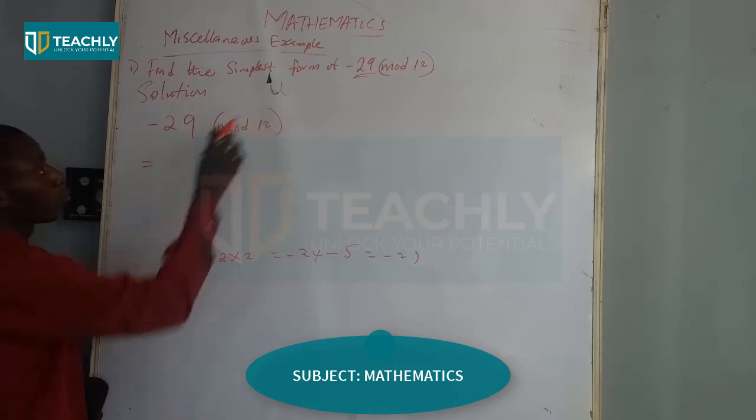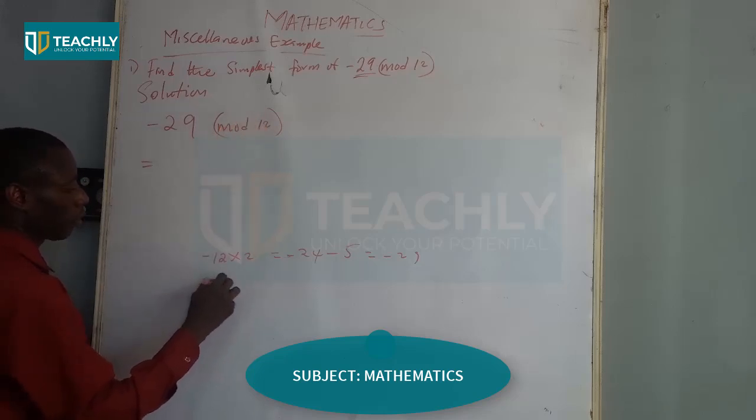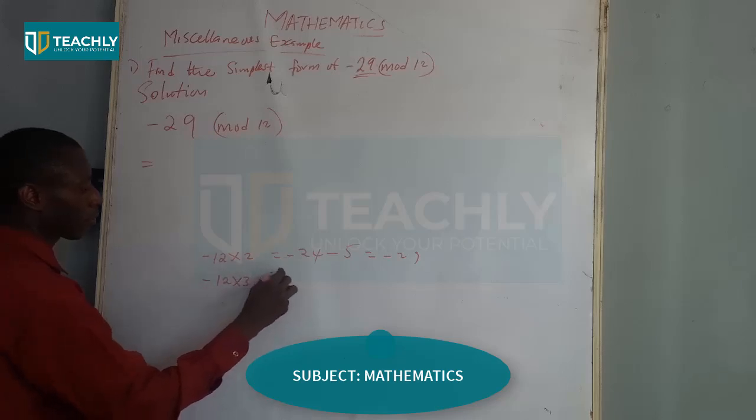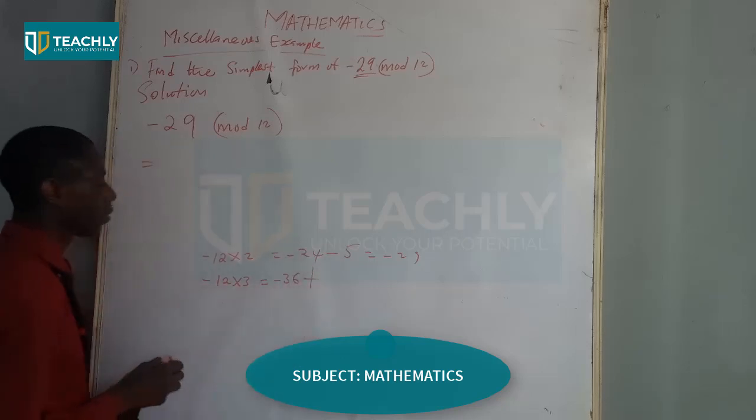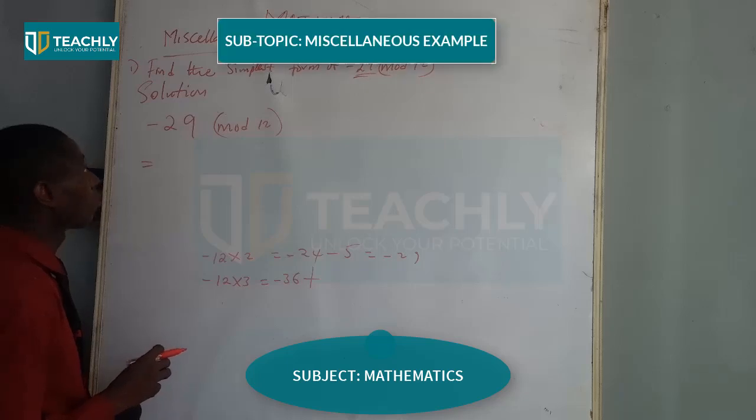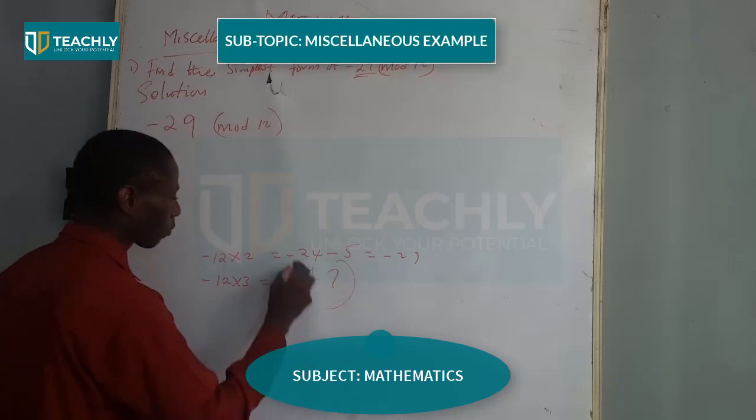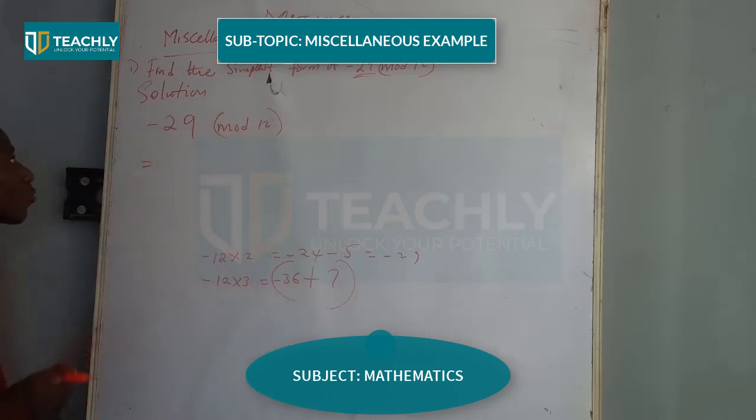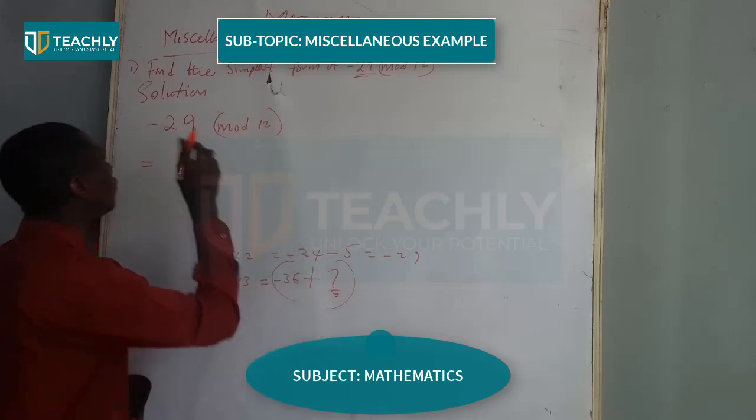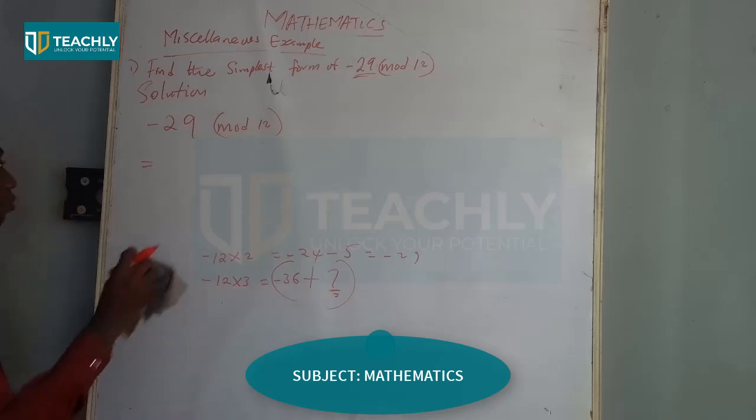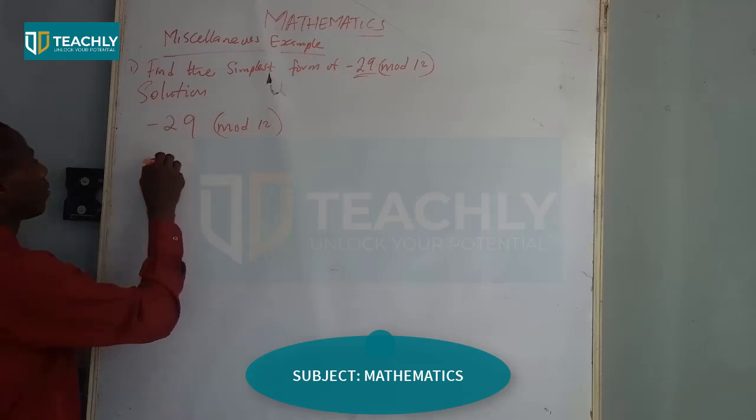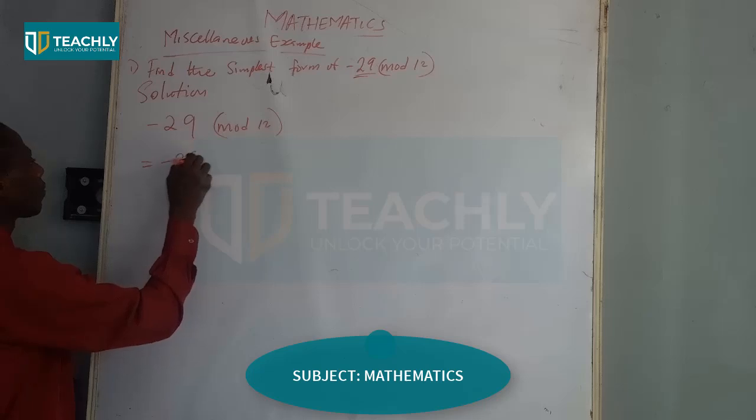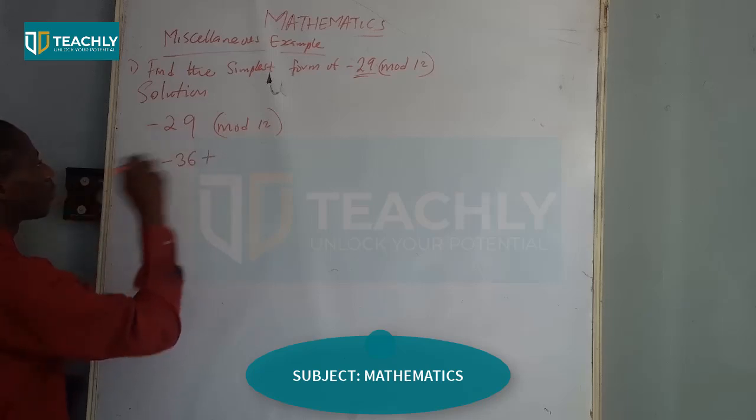So we'll just be looking for the multiple of 12. So you can say, okay, minus 12 times 3, that is minus 36. Minus 36 plus 7 will give us minus 29. So what I'm doing here is I'm trying to look for a multiple of this. So in the first instance, I can express minus 29 as minus 36 plus 7